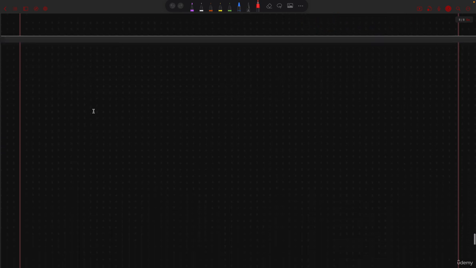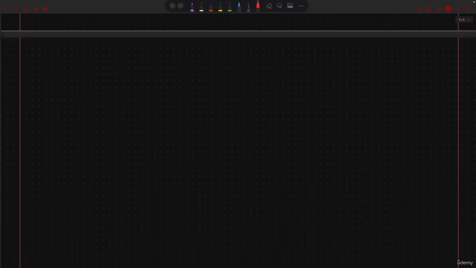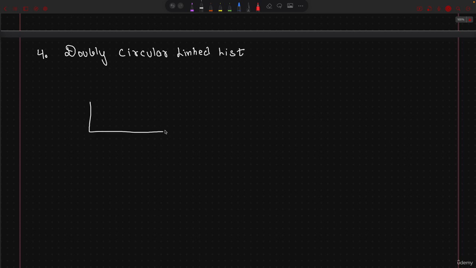Okay, great. So let us now see the last variation, everyone. Again, the understanding is pretty easy. Connecting them. So the fourth one is the doubly circular linked list. So it is a linked list. It's just doubly circular this time. So if I have to draw this,